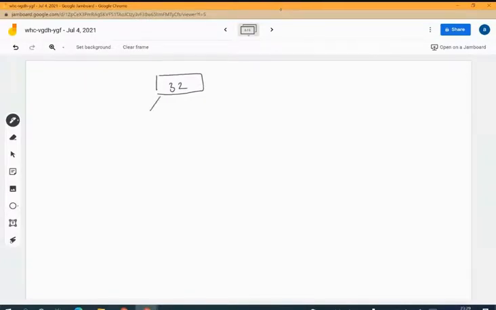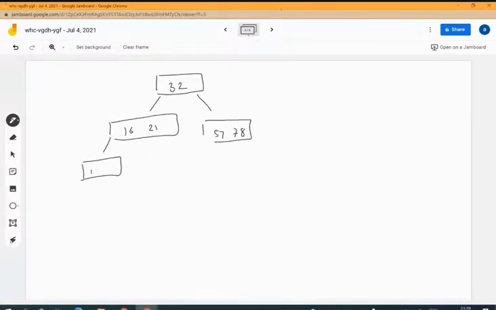And the remaining elements, that is 16, 21, 57, 78. To 16 we'll have 11 and 14. This will have 19 and 20. 21 will have 30 and 31.